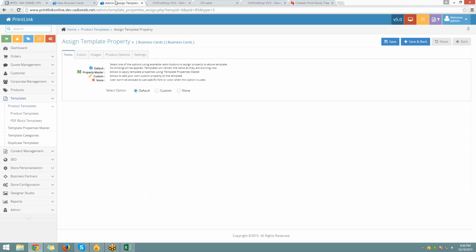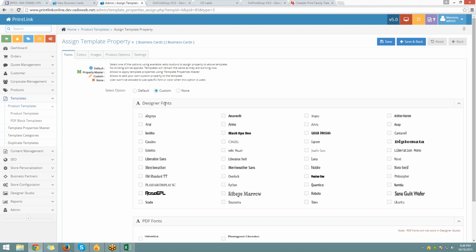Now if I don't want to have all of the fonts, I just want to offer only some 3 or 4 fonts for this particular template, then I can go for custom. Then I can select the font, let's say Arial, then Quantico and Passion One. These 3 fonts should be there for that particular product template. Then just refresh,